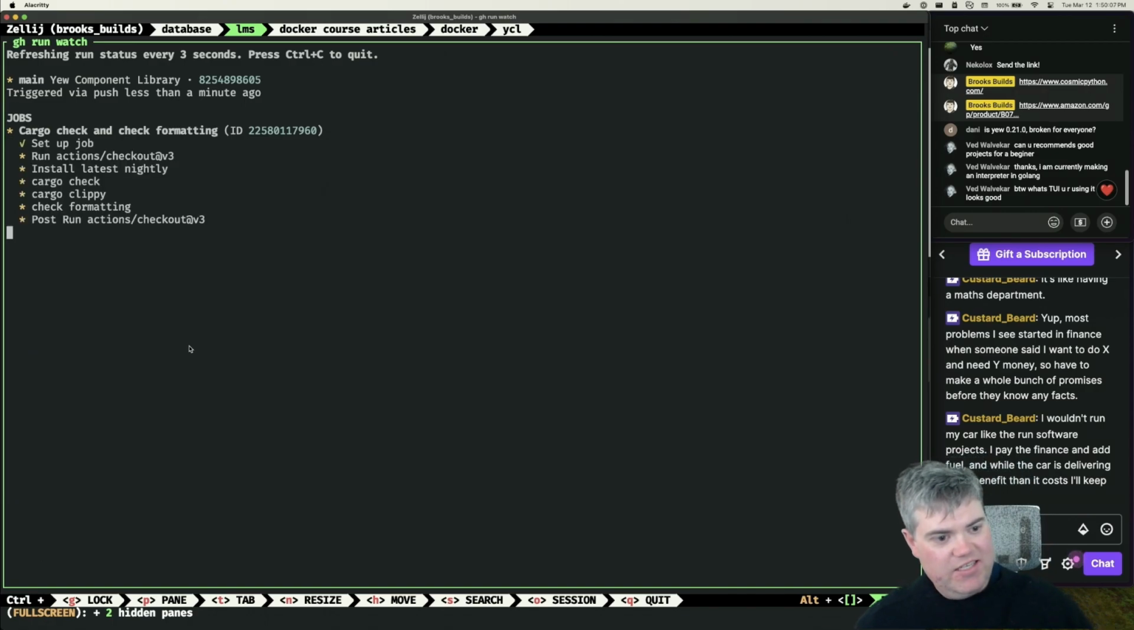Yep, most problems I see started in finance when somebody said, I want to do X and need Y money, so I have to make a whole bunch of promises before they knew any facts. I wouldn't run my car like they run software projects. I pay the finance and add fuel, and while the car is delivering more benefit than it costs, I'll keep it. Well, I mean, you're